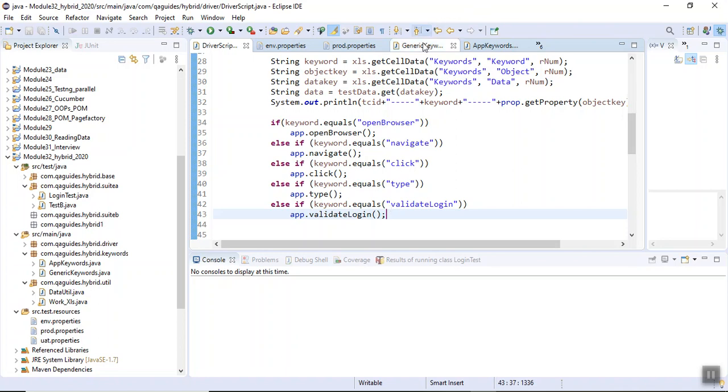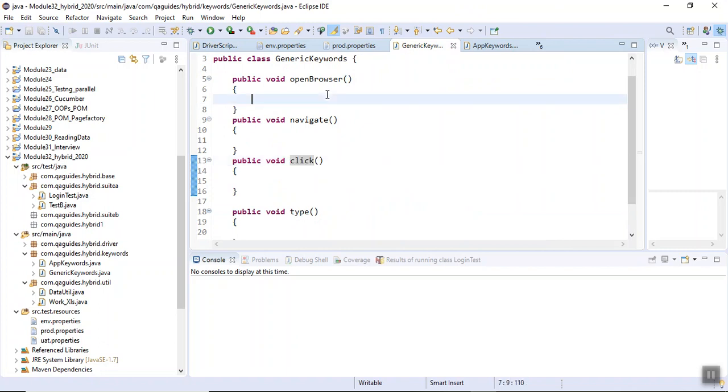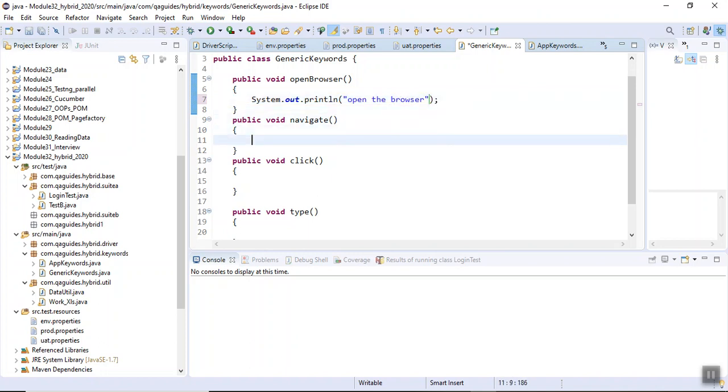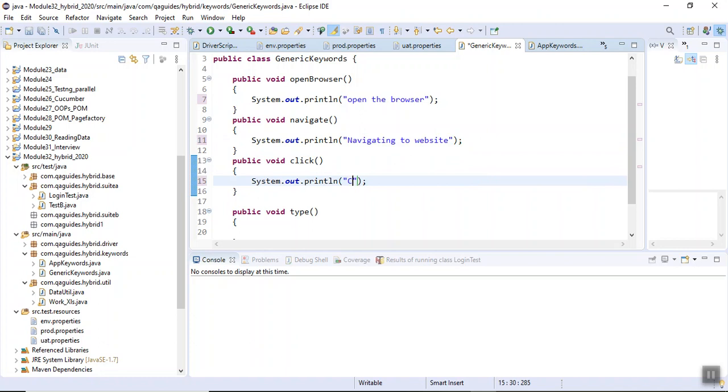So what I do, I go to general, on the browser, navigating to web, in the click function, click on website.